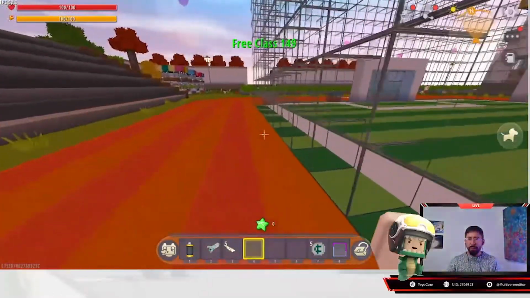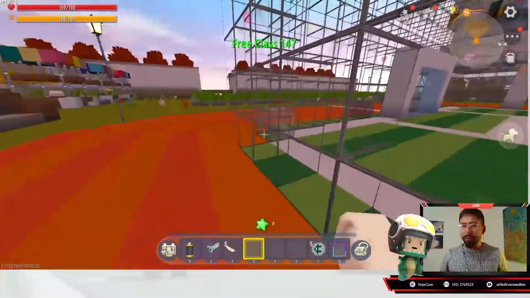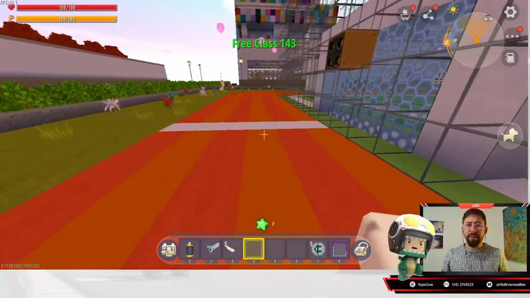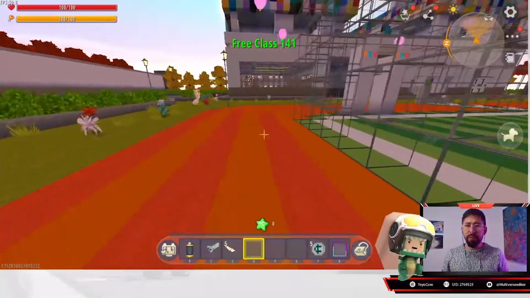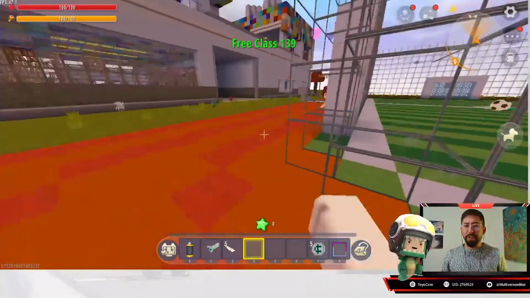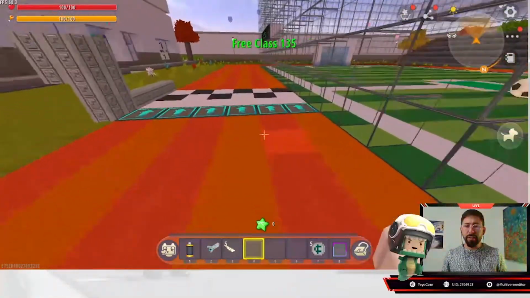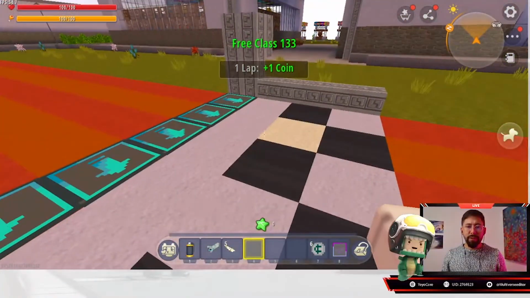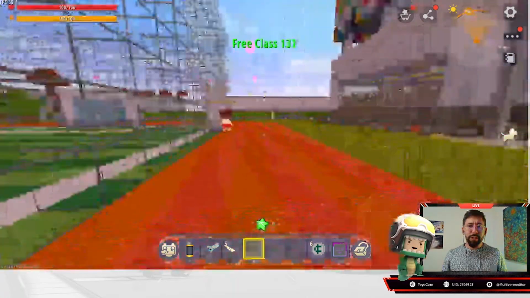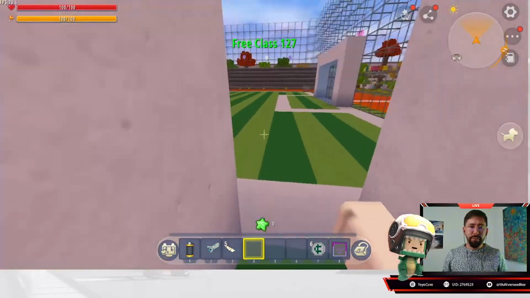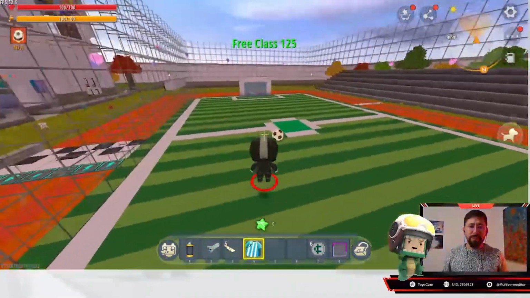And as you see, while I'm walking here, or while I'm running around, there's also the soccer field, which is another mini game, okay? Let me show you. We're going to complete the first lap so players can compete, and the player that goes first is going to get a coin. As you see, I get a coin right here. Also, when you access the soccer field, you can play the football mini game